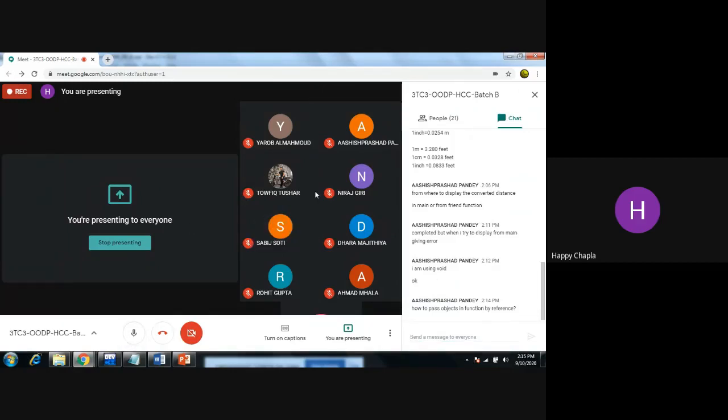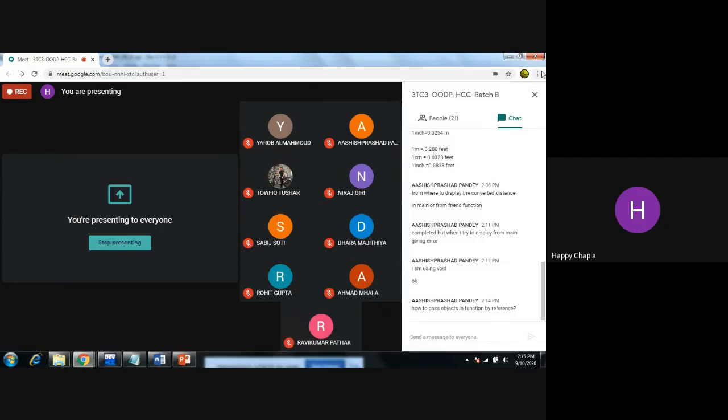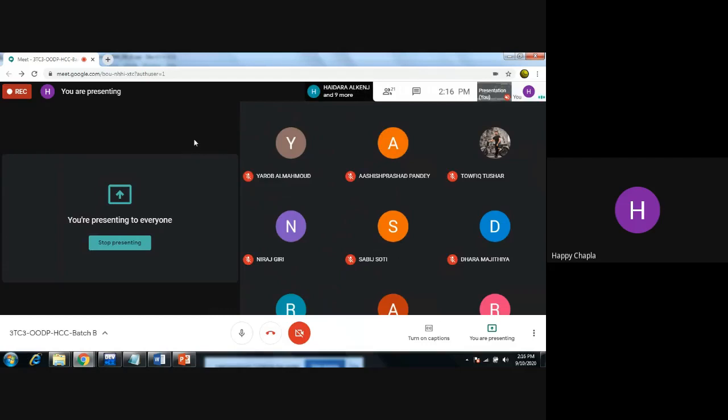How to pass objects in a function by reference? That means you want to pass your object by reference.